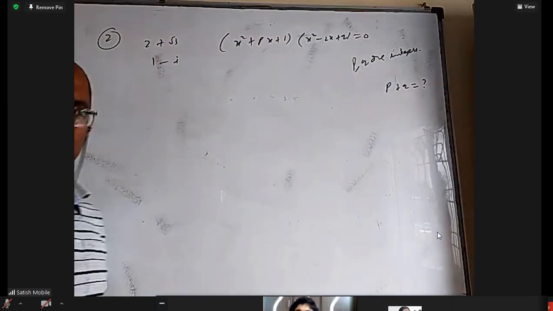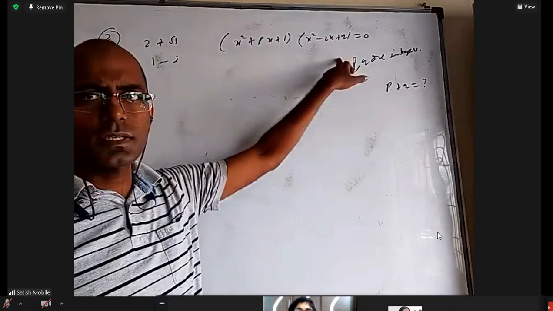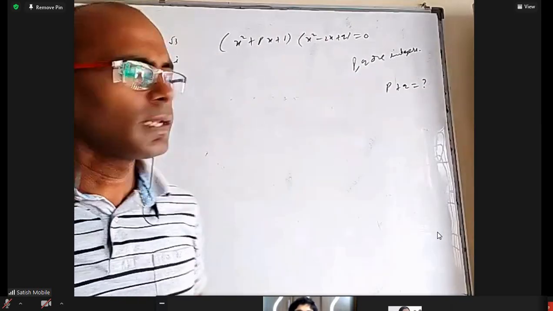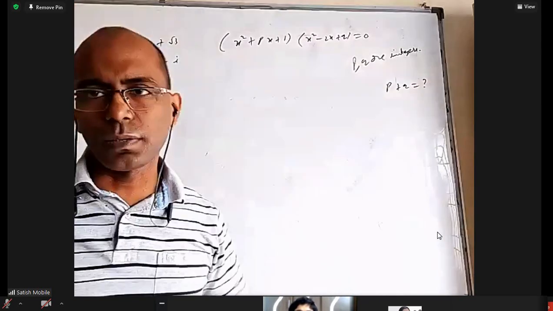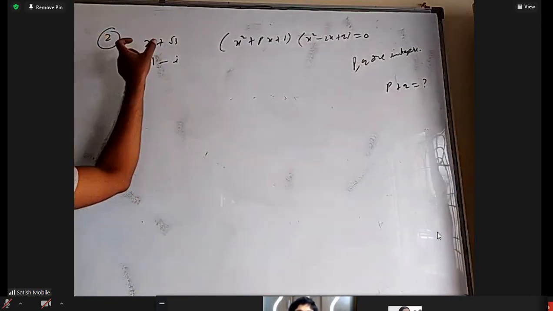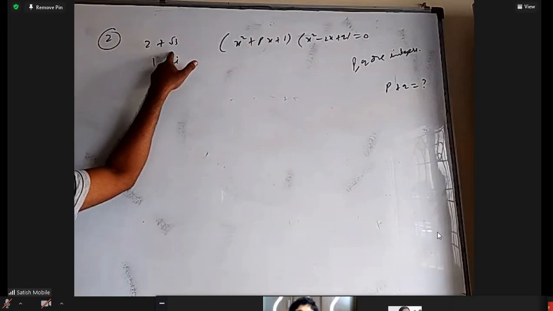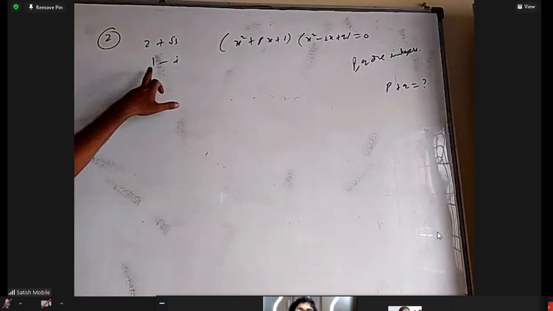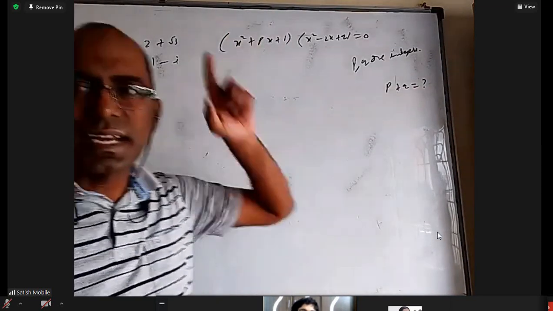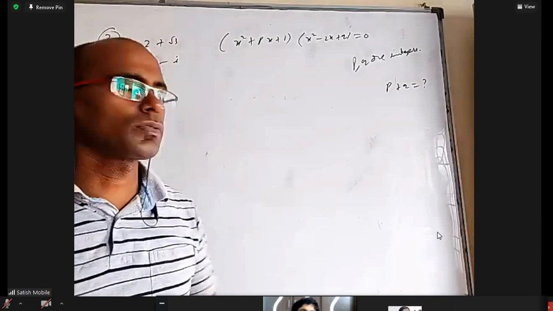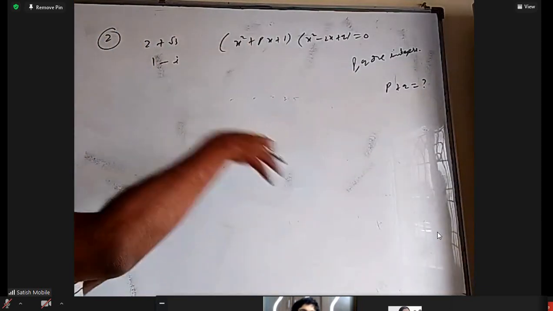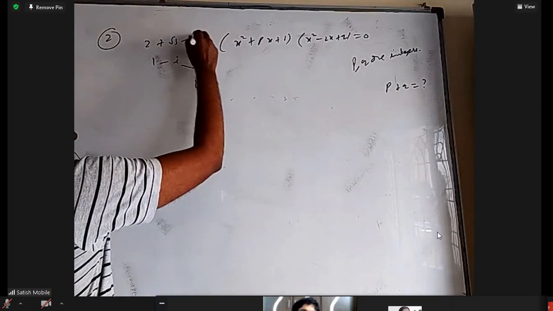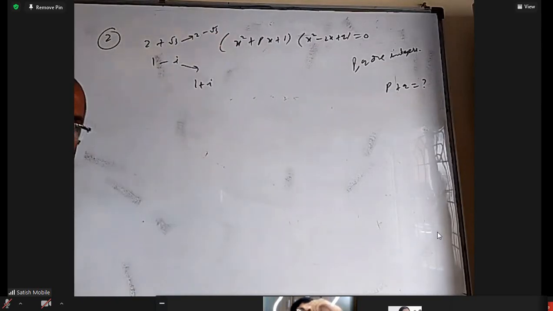Okay, what is p plus q? All right. We know very well that if p and q are integers, when you expand them, we'll get a fourth degree equation where all coefficients are integers. Whenever all coefficients are rational numbers, whenever one irrational number like root 3 is a root, its conjugate is also a root. We know that. Next, whenever a complex number is a root and all coefficients are real numbers, its conjugate is also a root. Here, all the coefficients are real and that too rational. If 1 minus i is a root, 1 plus i has to be a root. If 2 plus root 3 is a root, 2 minus root 3 has to be a root.